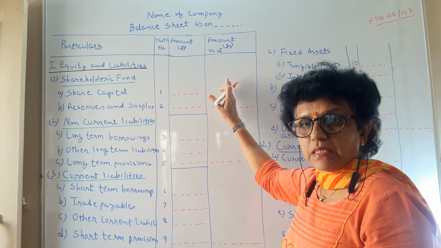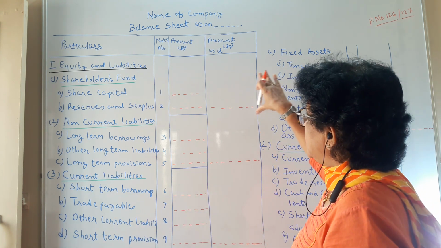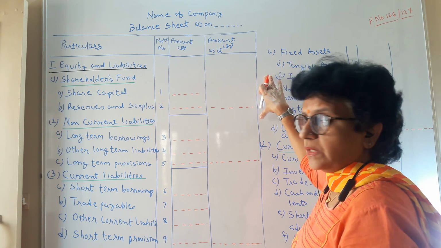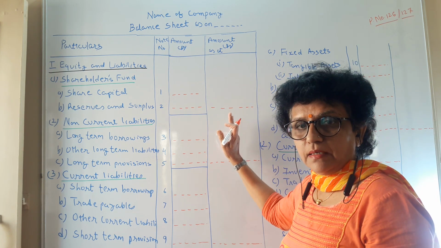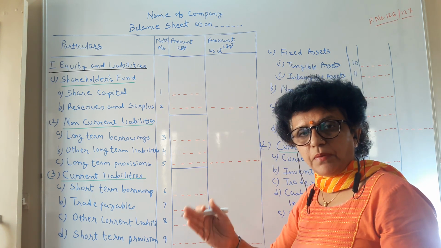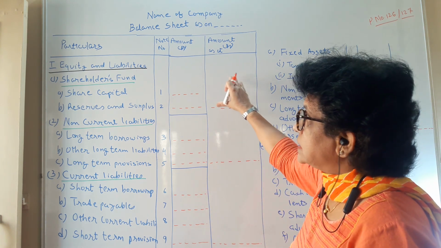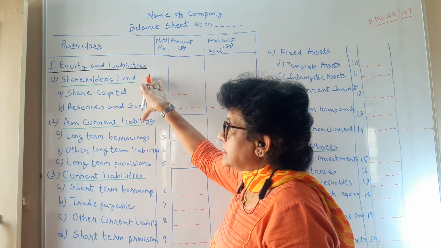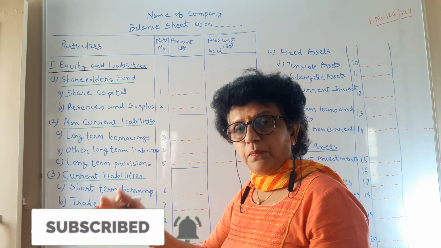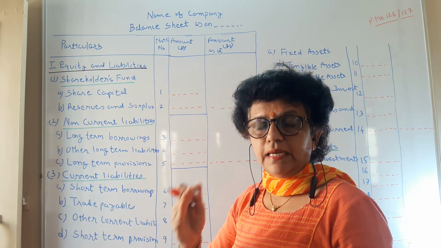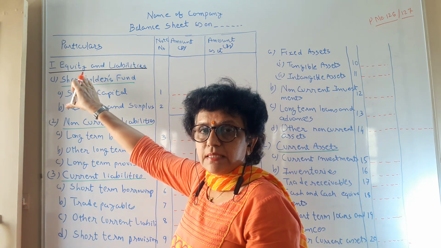As per the Companies Act, you may have the comparative picture, and you may have the financial data with one more previous year column also. But just now we are taking only the current year column, and the previous year comparative picture we are not going to do in this format. So the first, as you know, is the equity and liability side. In our sole proprietor, we used to say the capital and liability side. In case of a company, we have the equity as capital.